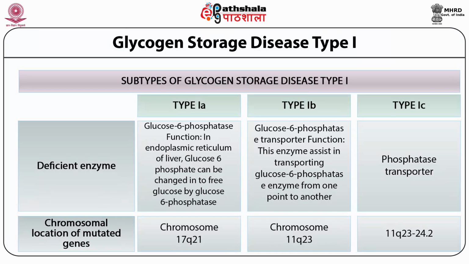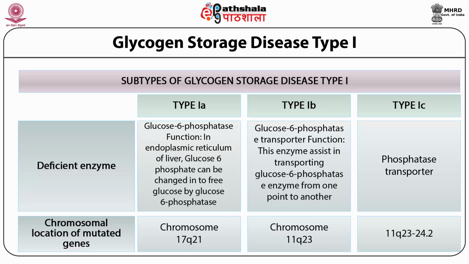First, we will try to understand glycogen storage disease type 1. It is also known as von Gierke's disease, hepatorenal glycogenosis, type 1 glycogenosis, glucose 6-phosphatase deficiency glycogen storage disease. Their general symptoms include enlarged liver, that is hepatomegaly, and hypoglycemia, that is low blood sugar. It is observed as an autosomal recessive disease. It is mainly of 3 subtypes: